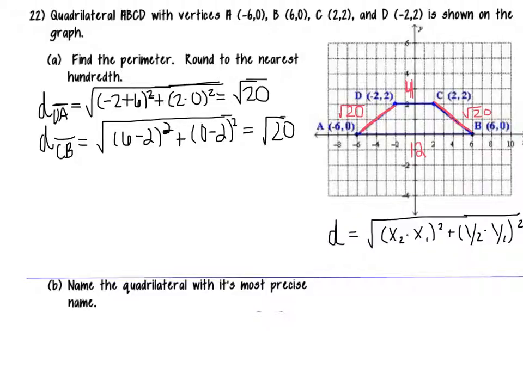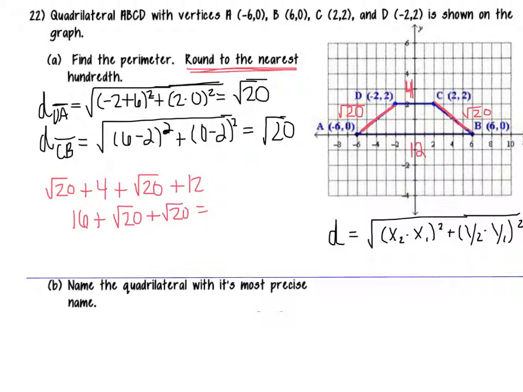All right, so now I know that perimeter is the sum of all my sides. So I have the square root of 20 plus 4 plus the square root of 20 plus 12. So I basically have 16 plus the square root of 20 plus the square root of 20. I'm going to add all of that in my calculator because it tells me to round. Because it's telling me to round, that means it wants a decimal approximation and not an exact answer. And for my answer, I got